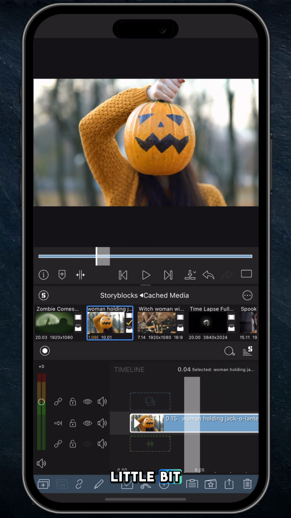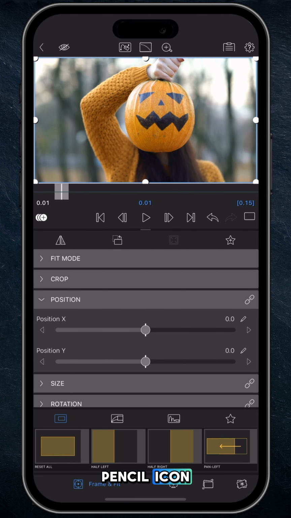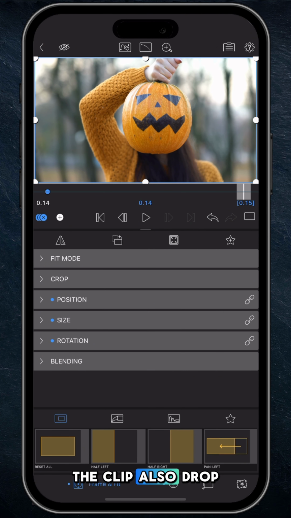Just zoom in a little bit. We'll see if the pacing's okay, if not we'll trim things down a bit further. I highlighted the clip, going to tap on the pencil icon, and then from there what we want to do is zoom in. So starting at the beginning of the clip, drop a keyframe, and then at the end of the clip also drop a keyframe,